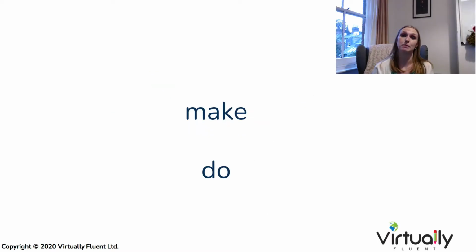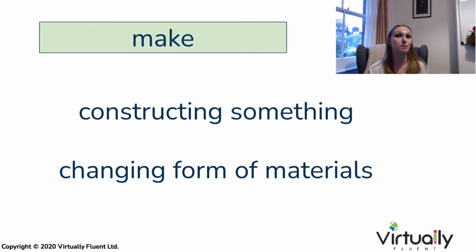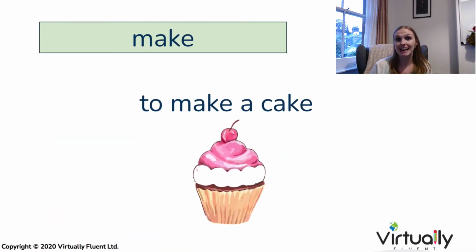So as I mentioned at the beginning of today's video, the verbs make and do essentially mean exactly the same thing. We're talking about a process. We're talking about an action. They are both verbs. When we use the verb to make, we tend to be creating something new. We tend to change the form of the materials. Take the example to make a cake. A cake starts out as lots of simple ingredients. Eggs, flour, sugar, and then we mix them together and we create something new. For that reason, we're going to use make and not do, to make a cake.